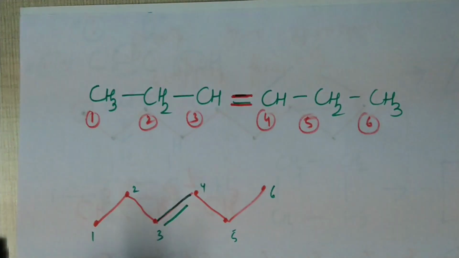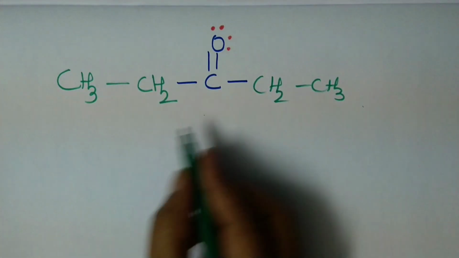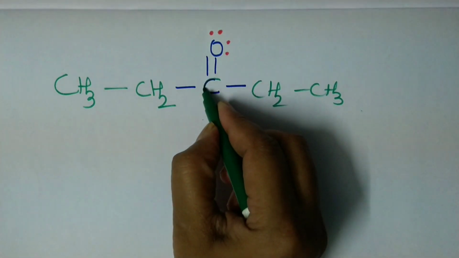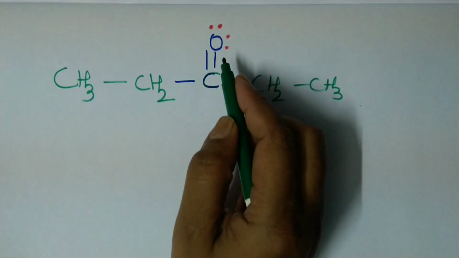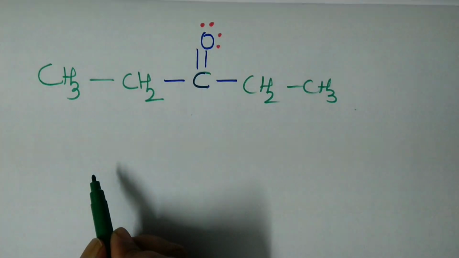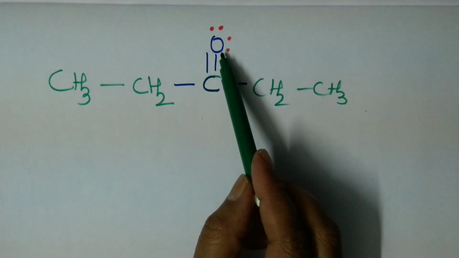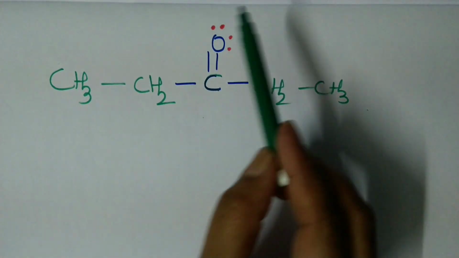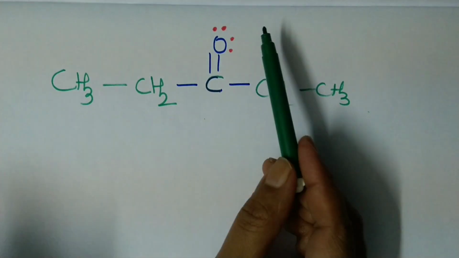Now I have another molecule here. In this structure, you have a carbon atom to which an oxygen atom is attached. It is a heteroatom. A heteroatom is other than carbon and hydrogen. Then what you should do? You have to write the heteroatom in the given bond line structure. If you want, you show these lone pairs of electrons, or you need not show them.